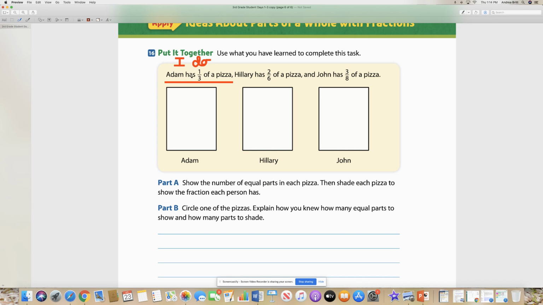So if Adam has 1/3, I know that looking at a fraction, the denominator, which is this number right here, tells me how many pieces to cut the shape into. So if I have to cut it into thirds, and I always do the best that I can. So that looks pretty good, but that bottom one's kind of too big. So I'm going to bring that down, bring that down. Looks like I did pretty good thirds. If Adam has 1/3 of a pizza, what is that going